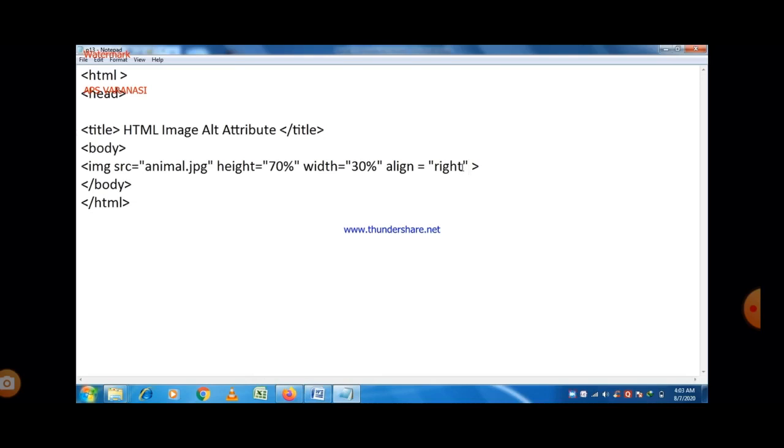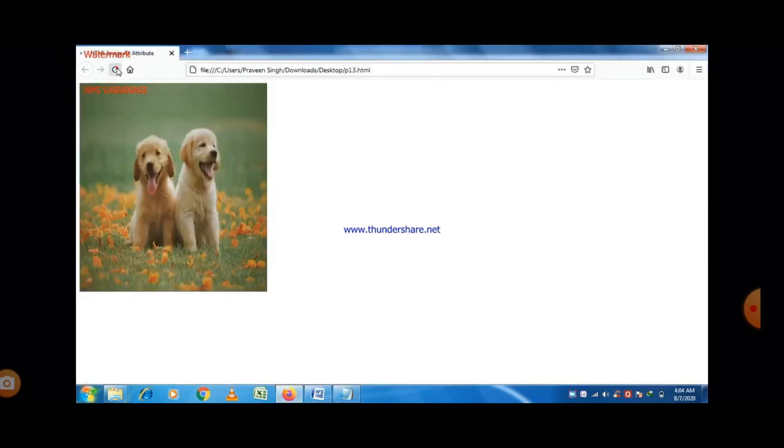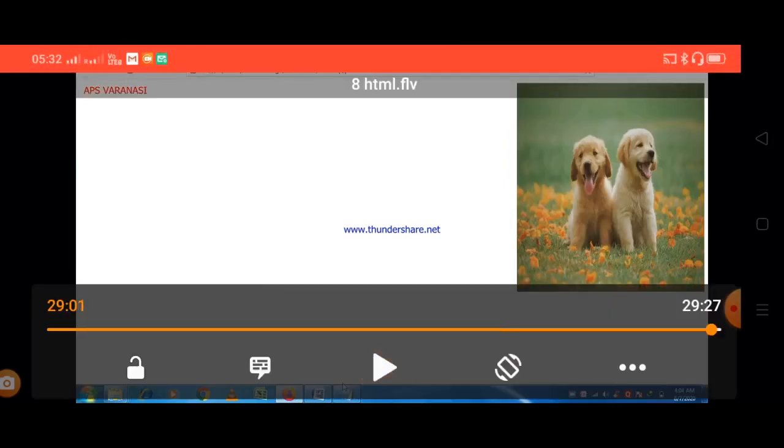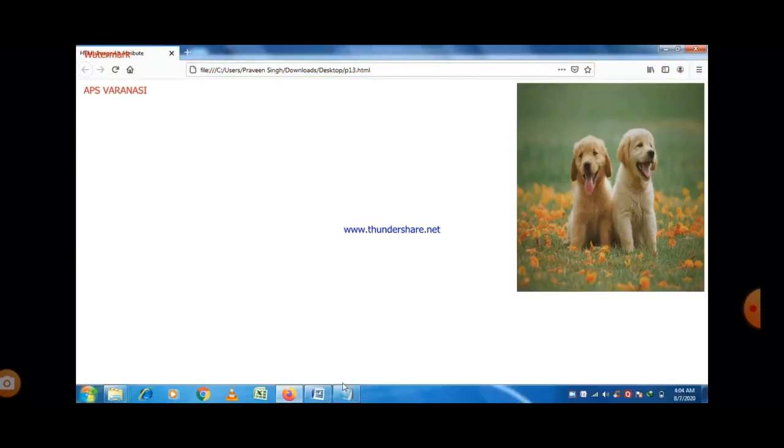First of all, by default it is left. So if you don't put an align attribute, then by default your position is left, as you see on your screen. If you intentionally put align left, there is no effect at all. But if you write right in place of left, then you can easily see that. Let's refresh the web page. Okay, now you can easily see that there is a right alignment of the image.